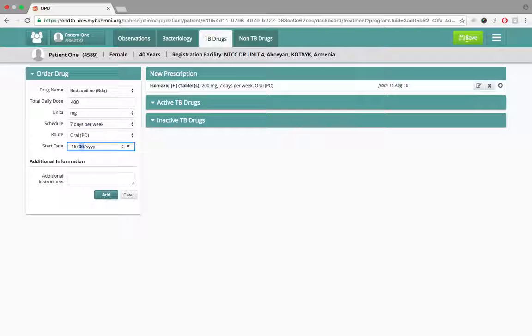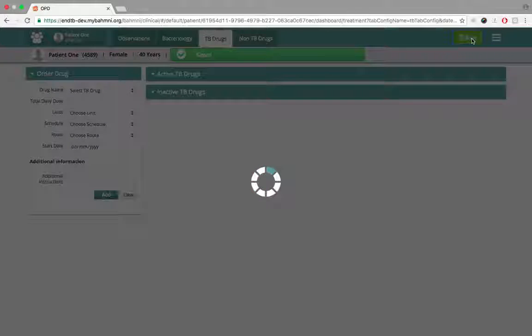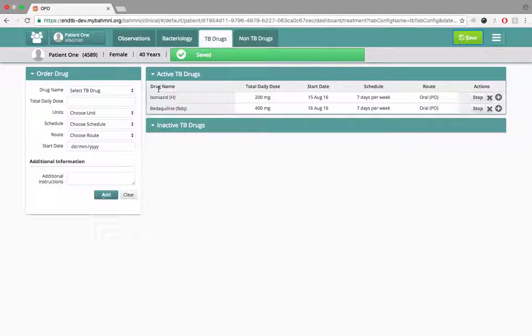Say this is supposed to be started on 16th of August, and I add this too. So now both are available here under new prescription. Now to save this, I have to click on the save button here on top. I'll save it. So once I save it, now this becomes a part of the active regimen for the patient,